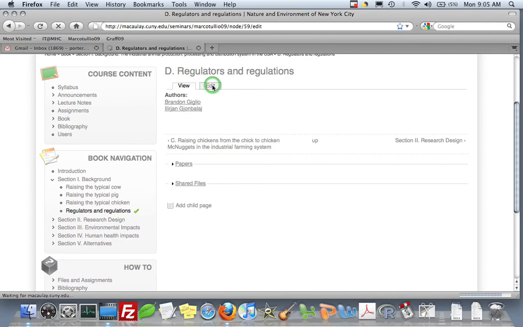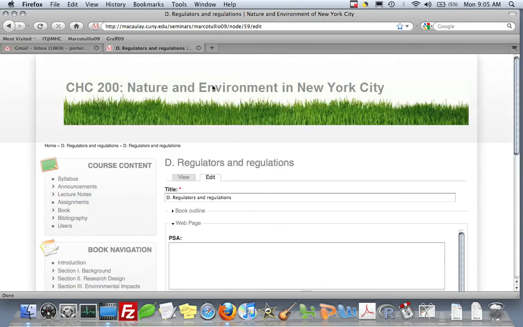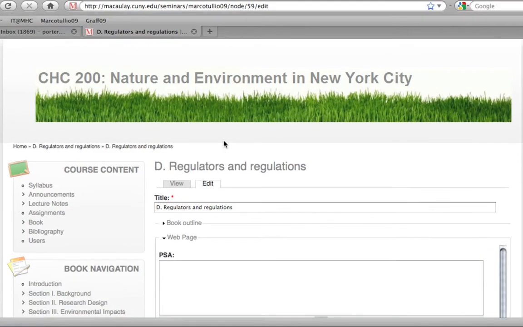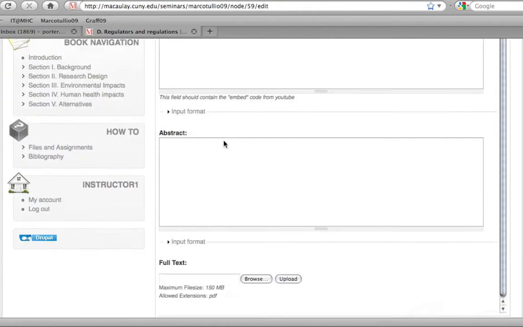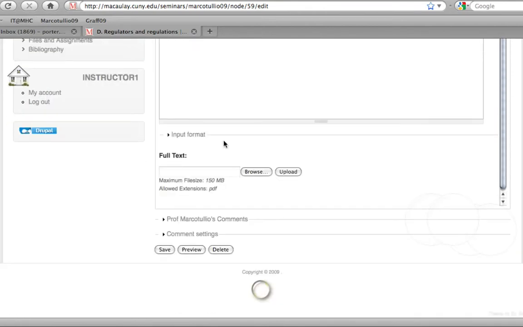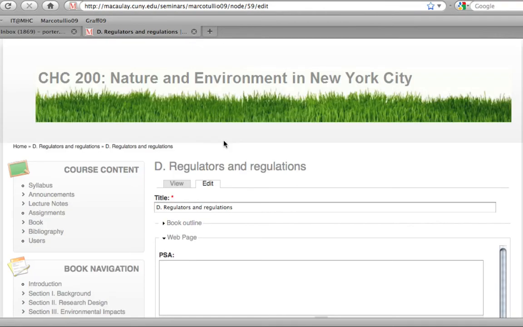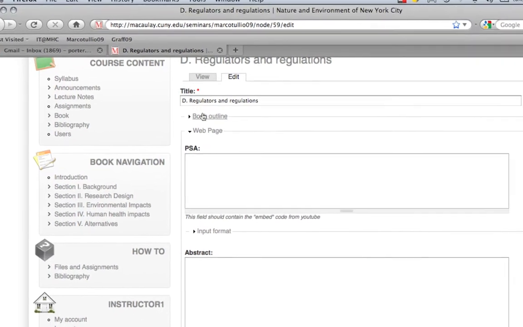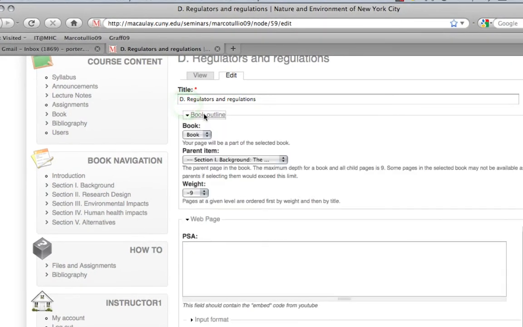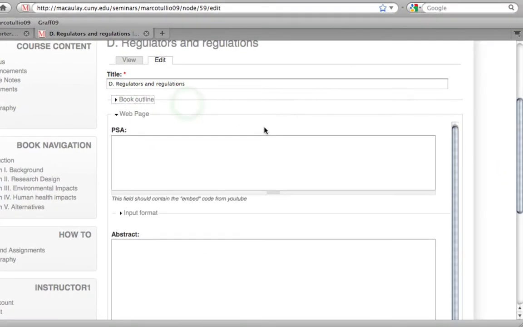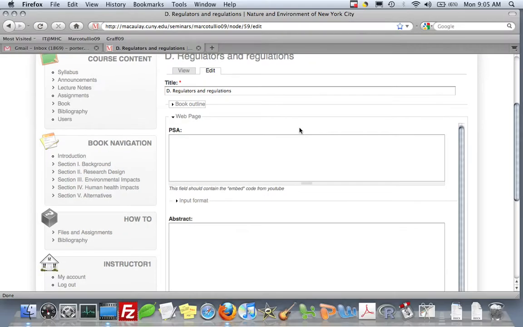and edit them by clicking on the edit tab. Then you can change the title of it. You can also change the book outline, what section it's affiliated with, and so forth. So when you're dealing with the papers, you can go to